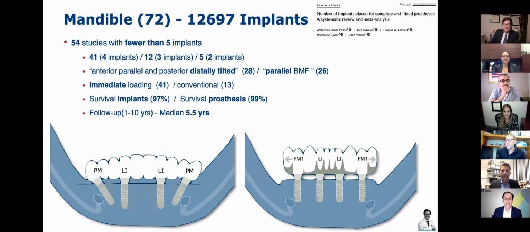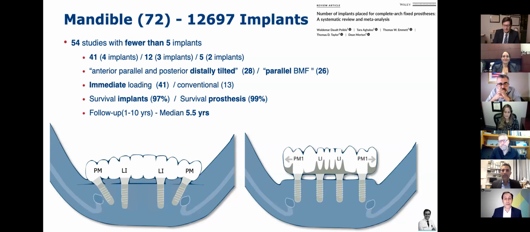So we looked at all types of studies that had at least 10 patients, where the exact number of implants was clearly stated, not an average, but exactly how many implants they placed per patient or per edentulous arch. So 41 studies reported on 4 implants, 12 studies reported on 3 implants, and 5 studies even reported on only 2 implants. But the most